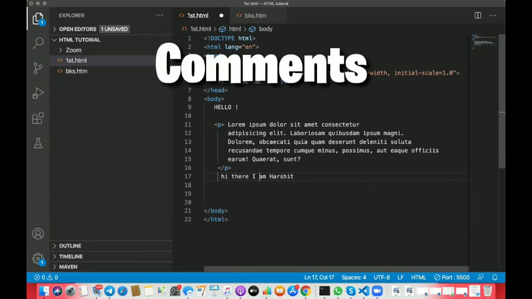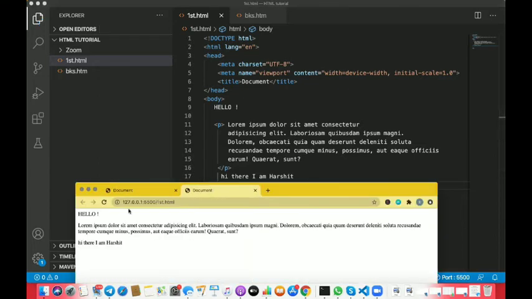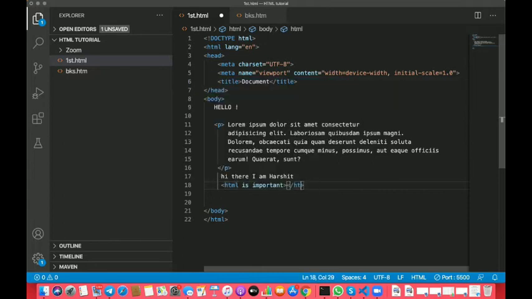Today we will be looking at comments too. So let's get started. I have written here, hi there, I am Harshit, and this is displayed. If I add one more line to it, like HTML is important, so let's type it. So we have typed HTML is important. If we now see it in the browser, it will be displayed.